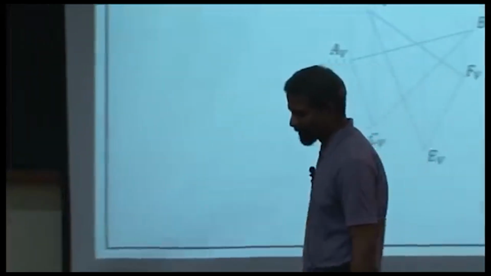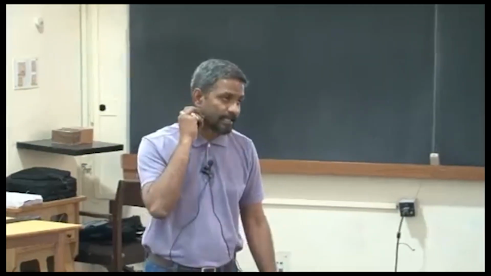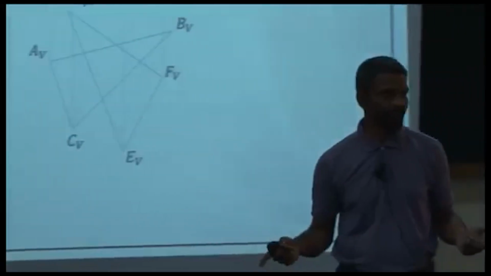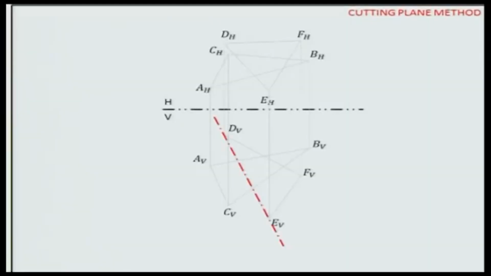So the trick is very straightforward, pretty much along the lines of what we had discussed when we studied the interaction between a line and a plane. You just imagine that you have to treat one of the planes as a plane and the other plane as a set of three lines. Okay, for example, you can treat plane ABC as plane ABC and DEF as a set of three different lines. Okay. Now, for example, if I treat DEF as a set of three different lines,